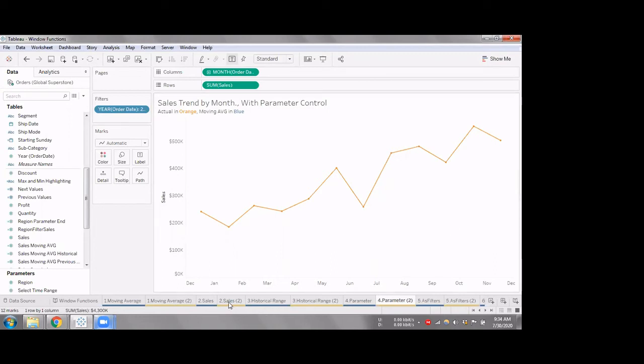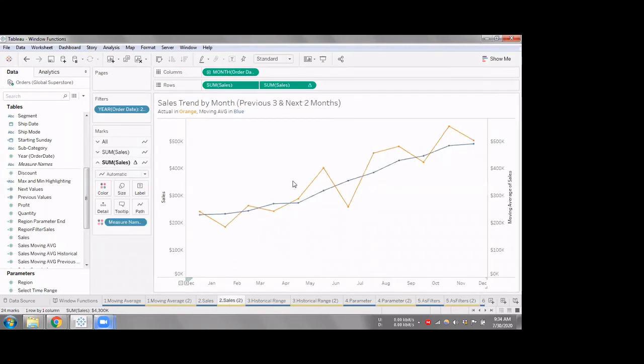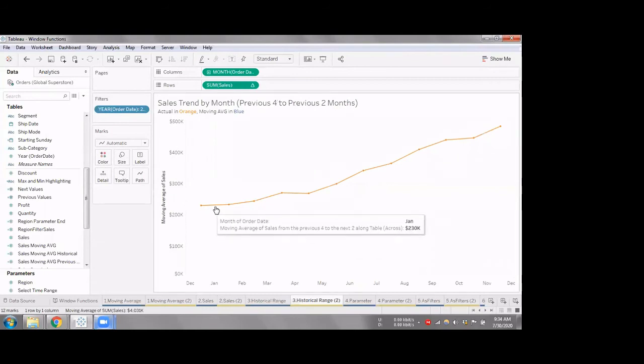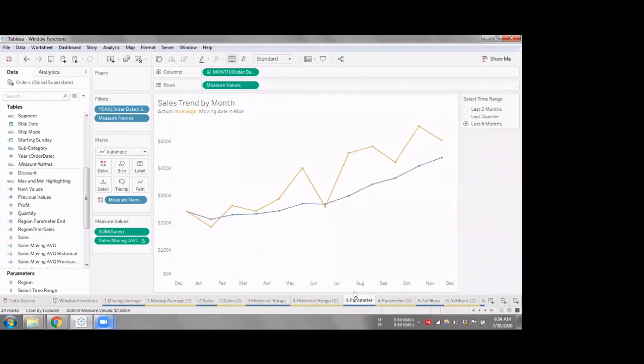In example 2, we saw a moving average from previous 3 months to next 2 months, and here we have seen from previous 4 months to previous 2 months. If a client wants a control over the range he wants to look at, for example, the average from the last 2 months, we can use parameters in Tableau to get that done.